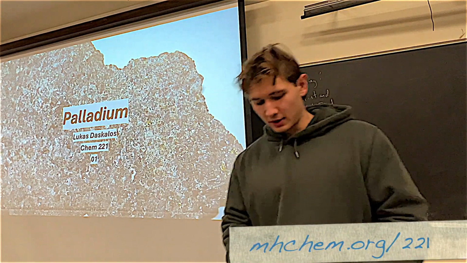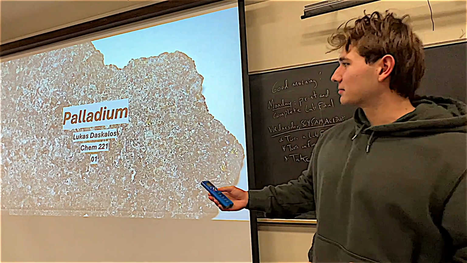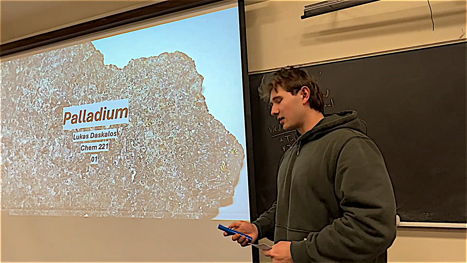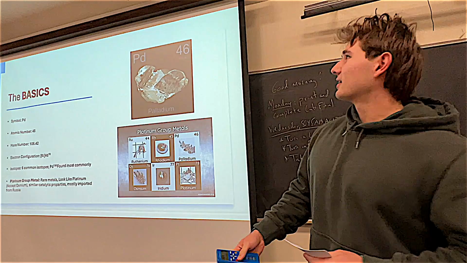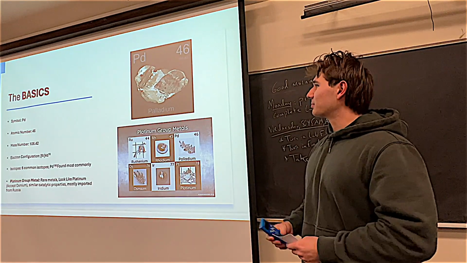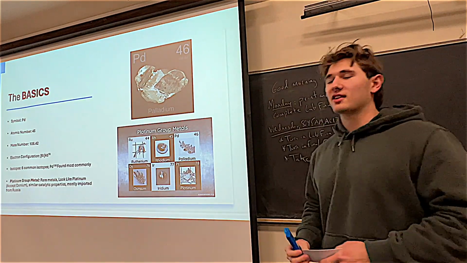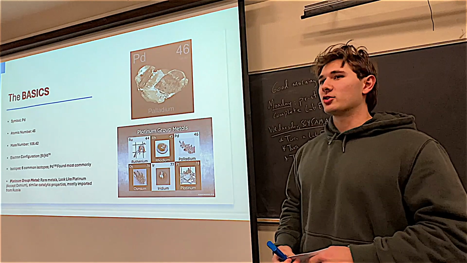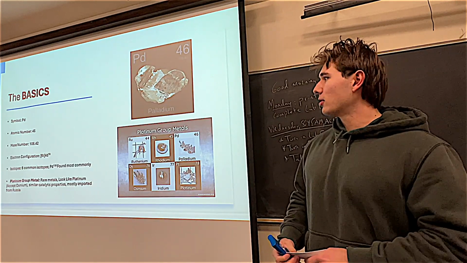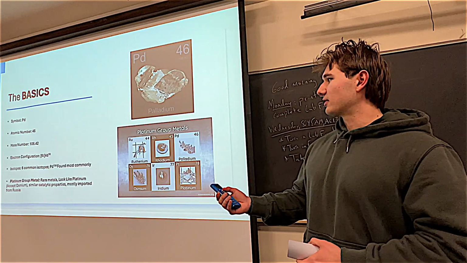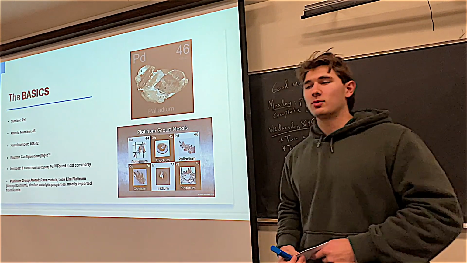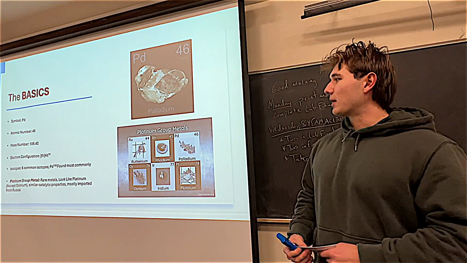Hey guys, this is my element, palladium. Not much interesting to see on the first slide. Some basic facts. The symbol for the element is Pd. Its atomic number is 46, and its atomic mass is about 106 grams per mole. Its electron configuration is krypton 4d10, and there are 6 common isotopes, with Pd-106 being the most common at about